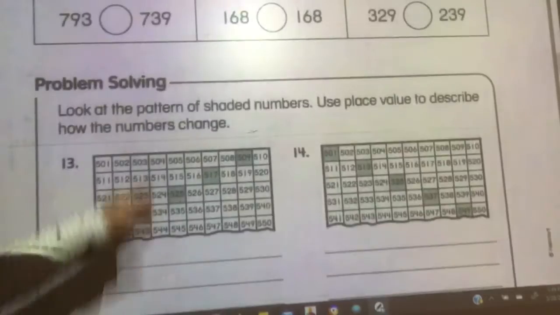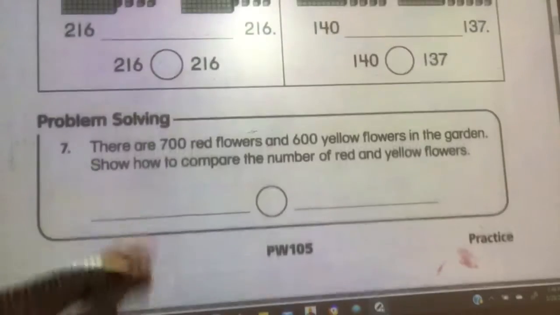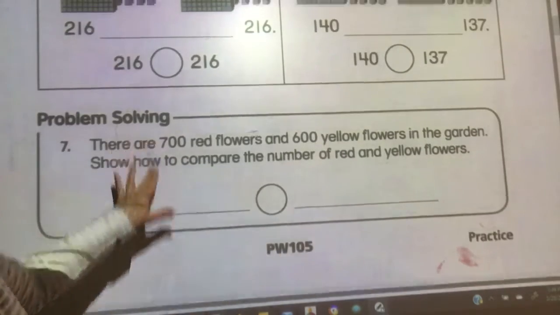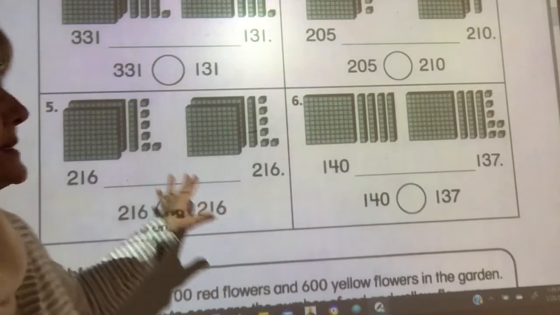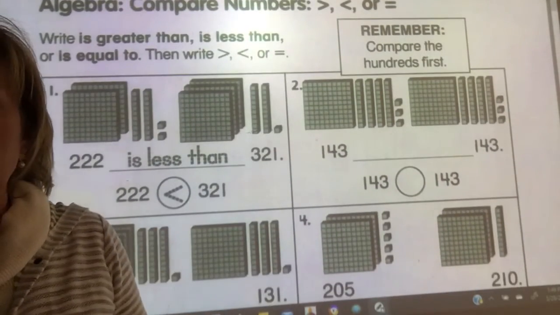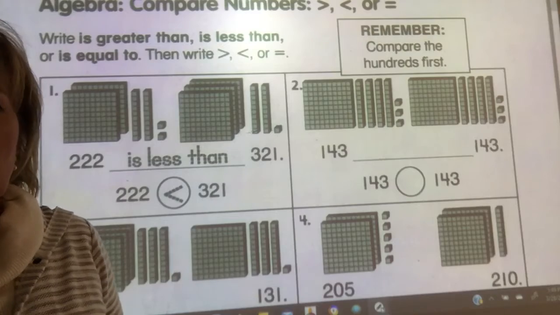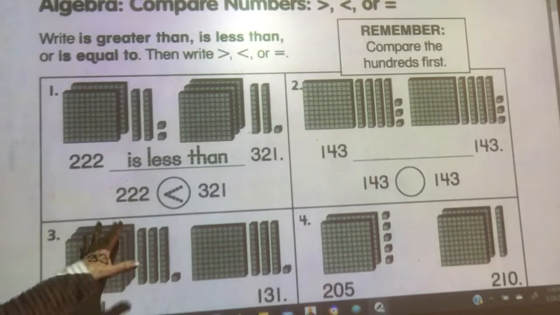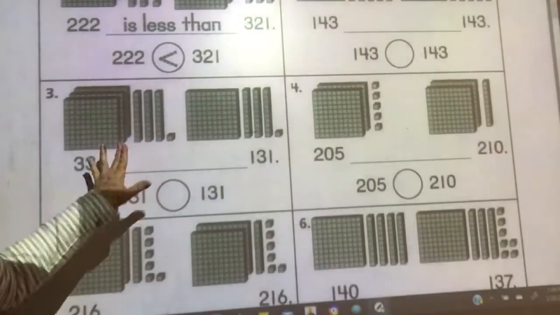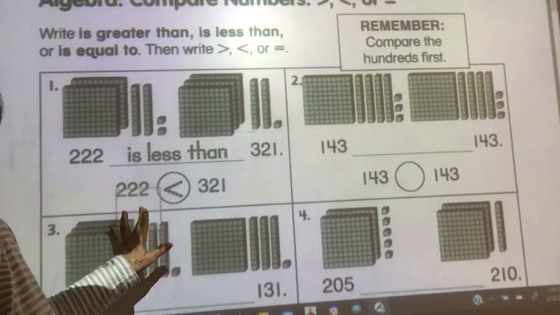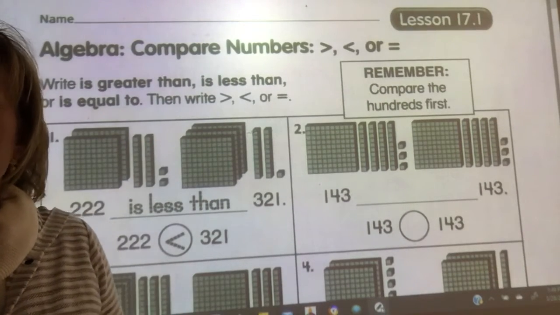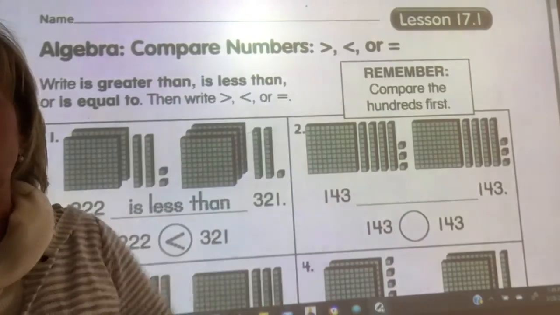So for a little while, a few pages, I don't seem to have a complete set. So if you have RW 105, great, I don't. So go ahead and do that one because I'm assuming you're okay with that. So go ahead and do that if you have it. If not, let's go to PW 105 anyway and get started with that. All right, so if the pages are separate, which I think they might be, just make sure you're heading everything